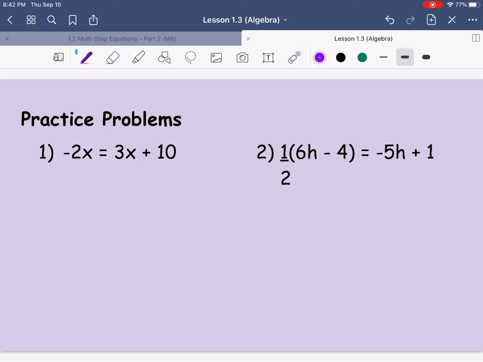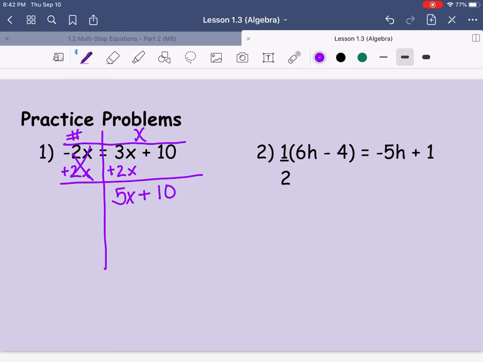All right, number 1 is a basic equation. I don't have any distributive property. I don't have any like terms. Okay. So before I pick my side for variables, I've got a negative 2x and a positive 3x. The 3x is bigger, so I'm going to move everything with a variable over to this side, and everything else over here. So that means I'm going to add 2x to both sides, leaving me with 5x